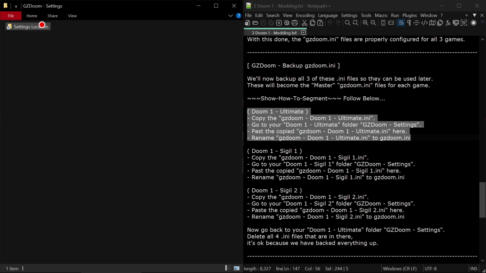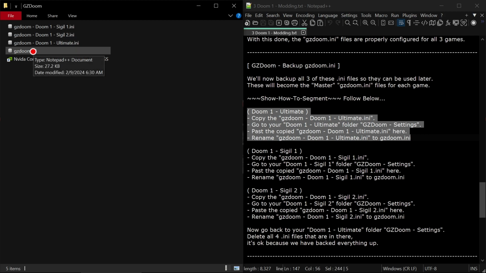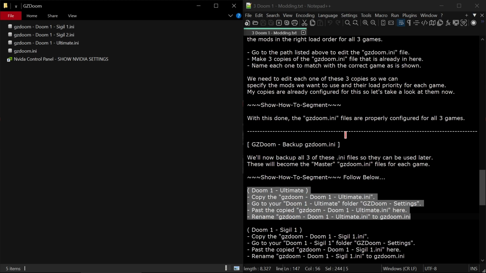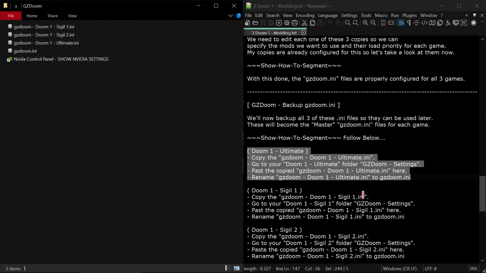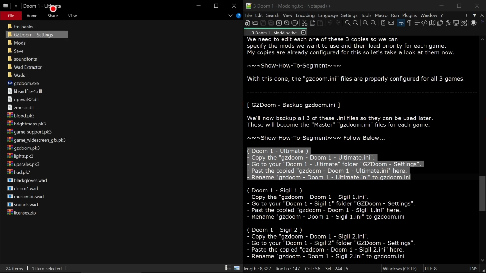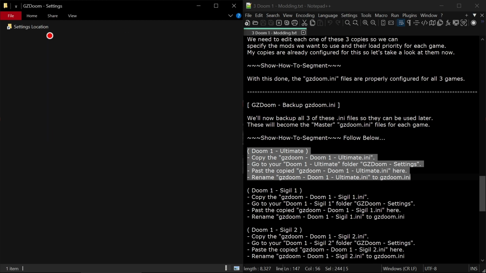So now you're back in here where you have the shortcut to where we just were, and this file is in here. Did I not tell you to do that? No, not yet. Okay, it's fine. Getting ahead of myself. So I'm telling you to go back into here, into the Doom 1 Ultimate folder, gzdoom settings folder, where you have the settings location link to get back to the